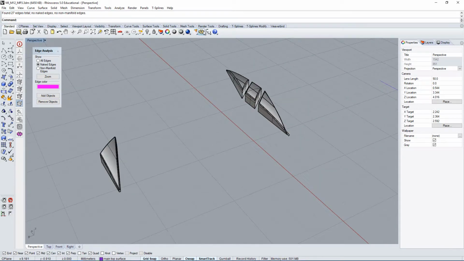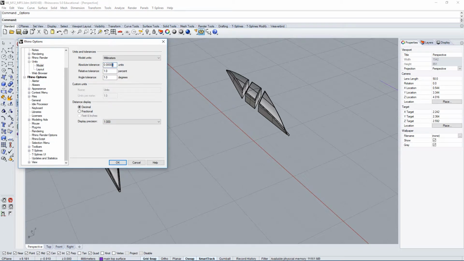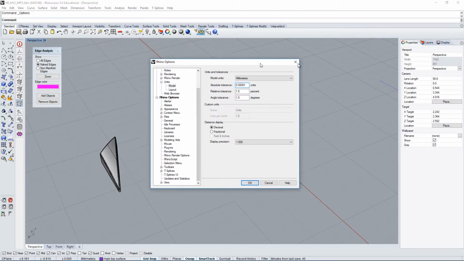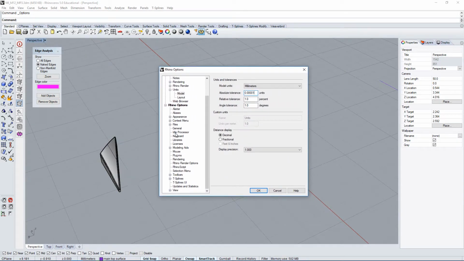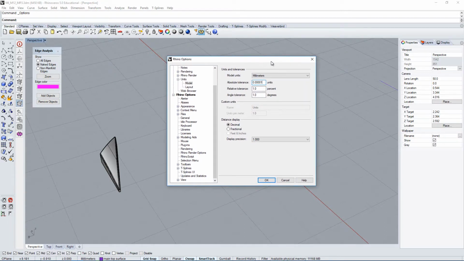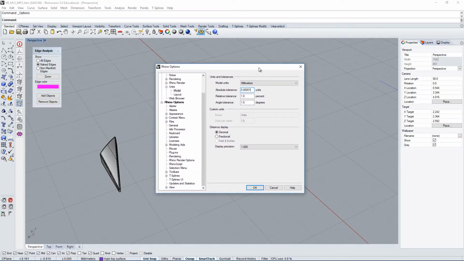Just make sure you go under your settings and crank up the absolute tolerance for your entire model. Also, I would recommend using millimeters because it's just clearer in terms of the scale that you're working with. It just makes everything a lot more clear, because obviously when you're working with inches, you typically think of half an inch, quarter of an inch, but once you get to a 1/16th of an inch, it becomes very confusing.